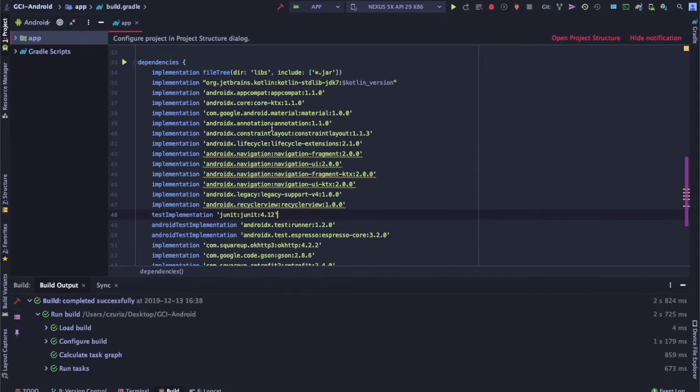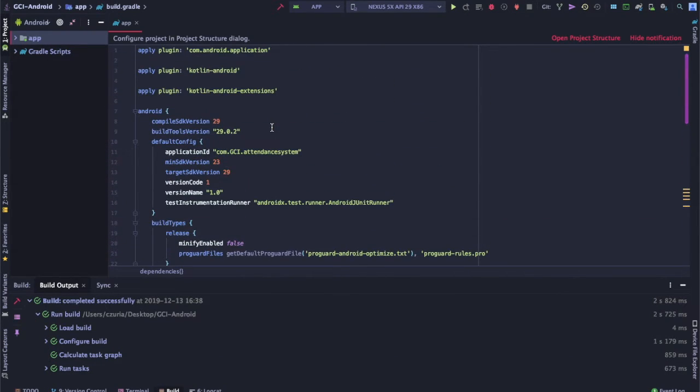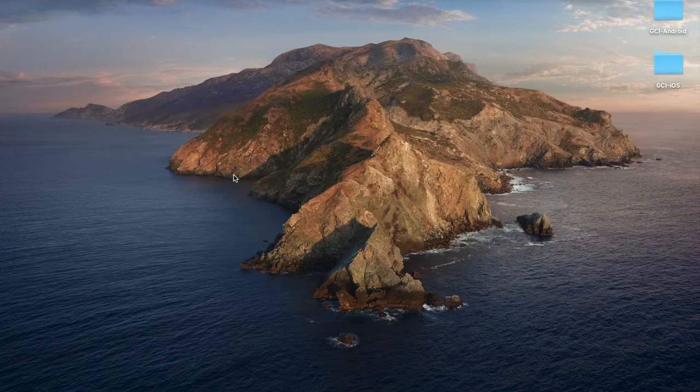Currently, the Android application works all the way down to the minimum SDK version 23, and currently the project is set up to work with AndroidX at the moment, but that covers all bases for the Android project. Now for the iOS project, we did use CocoaPods for managing